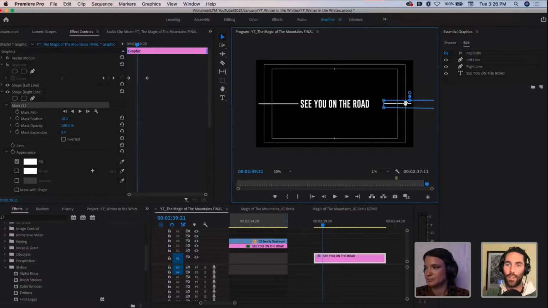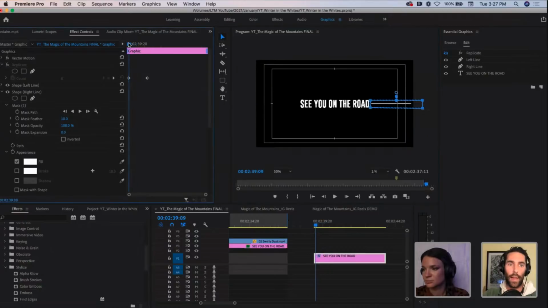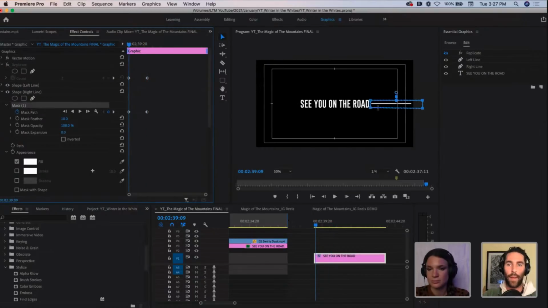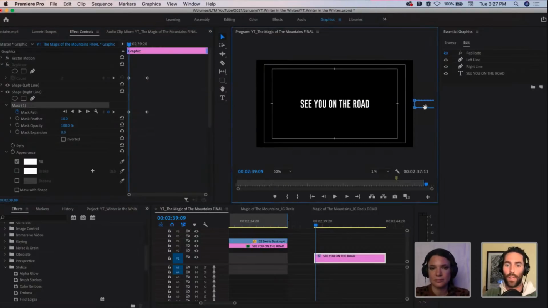Okay. And you'll see, if I just move this right now with no animation happening, that mask is removing the line in real time. So what I'll do is I'll use my keyframes right above as reference to where I want this keyframe to start. I'm going to do the same thing here. And I'm going to add those keyframes in the same exact spot, only this time I'm going to have the mask start the other way. So I'm going to make sure my mask is highlighted, hold this down, and then I pull this off the screen here. So now we have two lines,